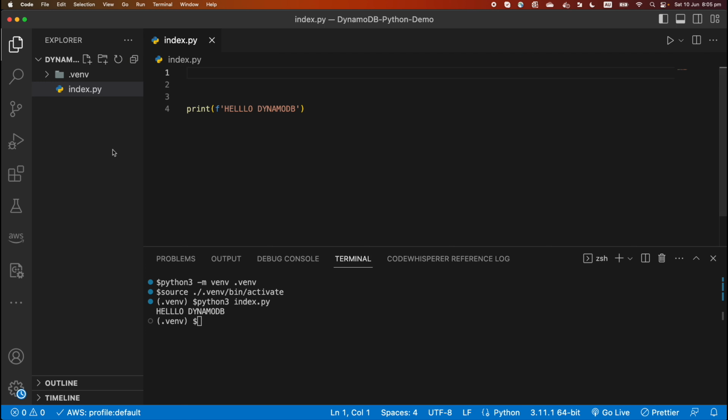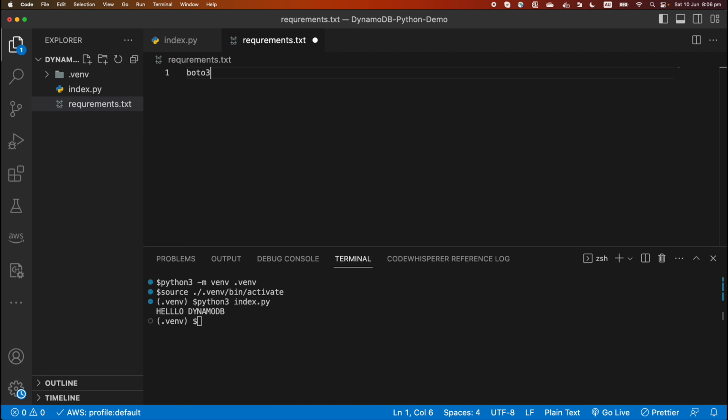To do that, we can create a requirements file, requirements.txt, and add Boto3. So we can mention all the requirements in the txt file, and then we need to install Boto3 in the virtual environment. I'm going to use pip3 install, then give it the requirements file, and then give it the target. In this case our target will be our virtual environment,